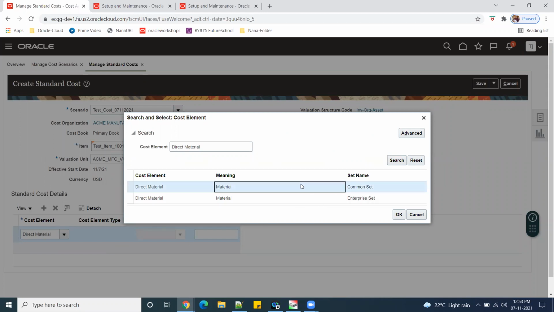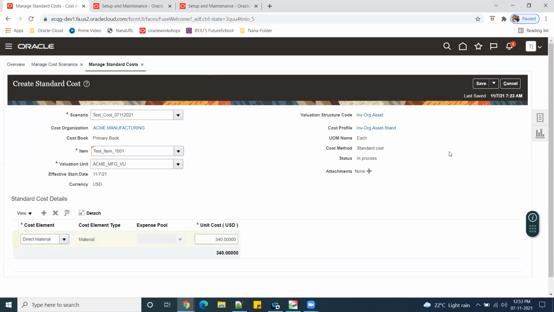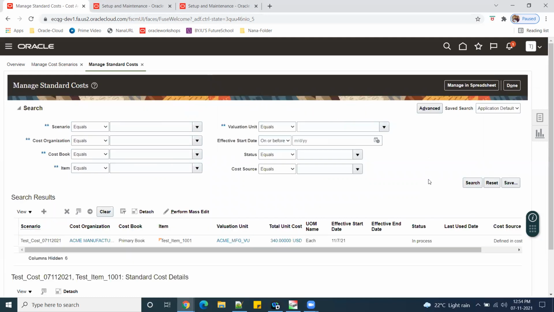The unit cost is some 340. Save, and save and close. Validation structure, cost profile. Save and close. Now we created our standard cost.